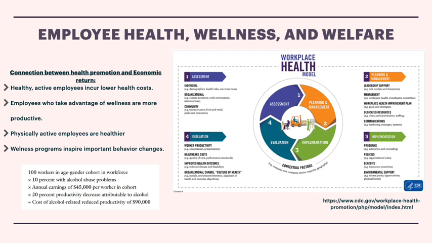My favorite is the example here at the bottom, 100 workers in each gender cohort and workforce. You can see, even from an analytical standpoint, the cost of alcohol related reduced productivity in this example. This isn't us, but this is an example. How analytics can show us just how much something like that costs and why it could be beneficial for us to implement certain employee resources, certain employee assistance programs moving forward. Not today, maybe not tomorrow, but down the line, it is going to be something that we need to look at.